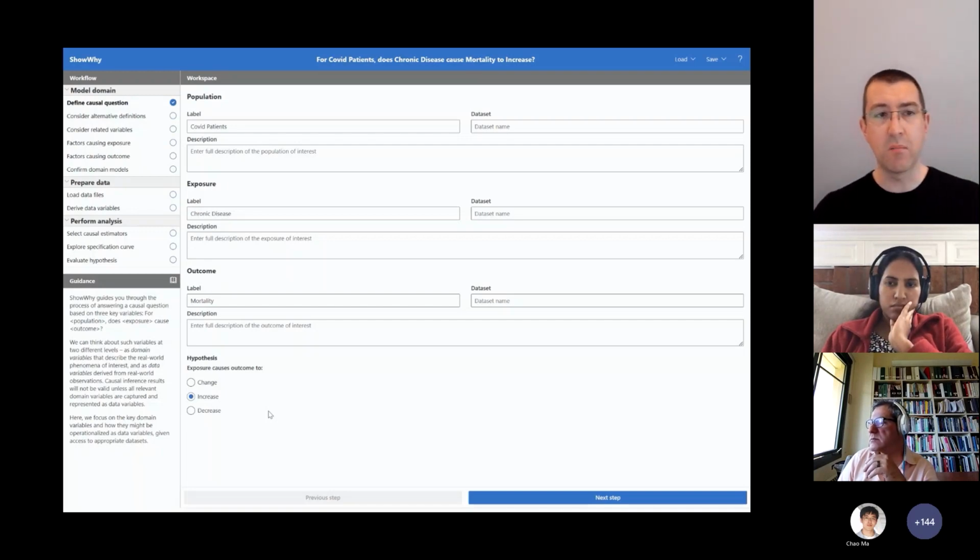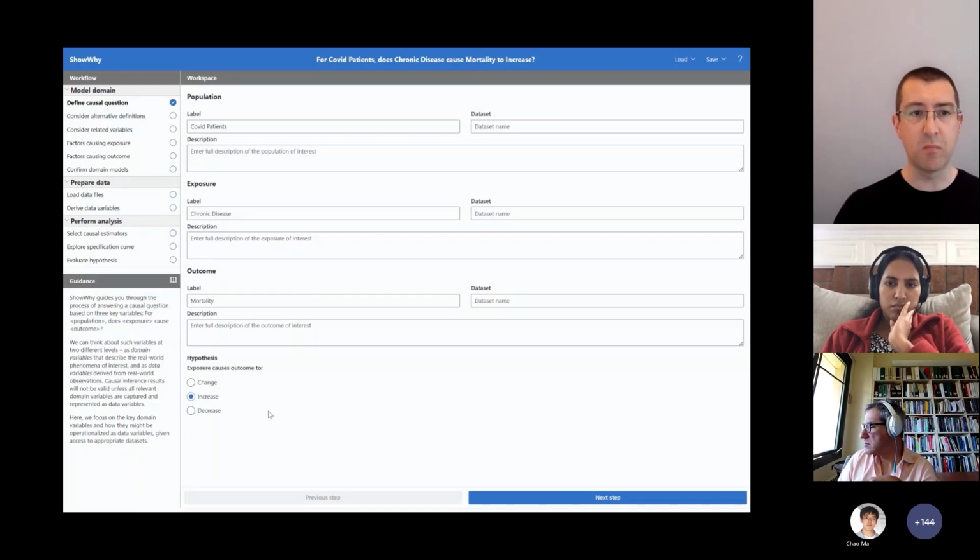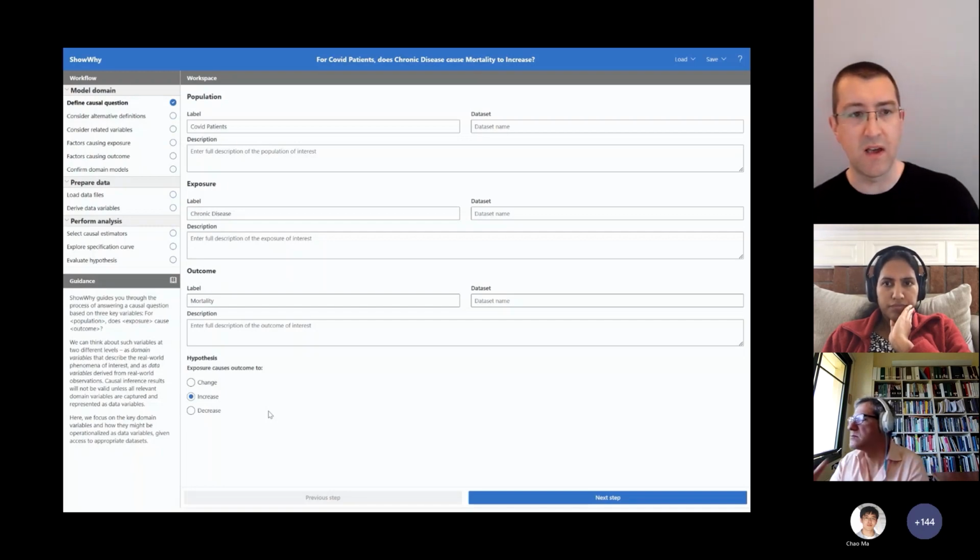Next, we're thinking about possible causally relevant factors that might affect the exposure and or the outcome. And then for each of those factors in turn that the user has brainstormed as being potentially relevant, we ask to get a sense of whether or not it could cause the exposure and with what degree of belief. And then the same for the outcome, with what degree of belief. And this is a way of beginning to elicit a causal graph of domain knowledge without necessarily starting with a canvas and asking somebody to sketch the resulting DAG.